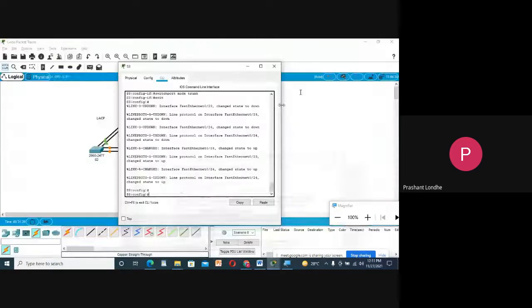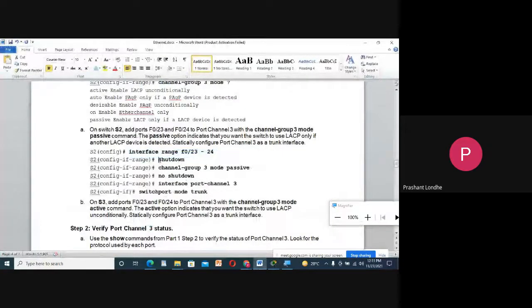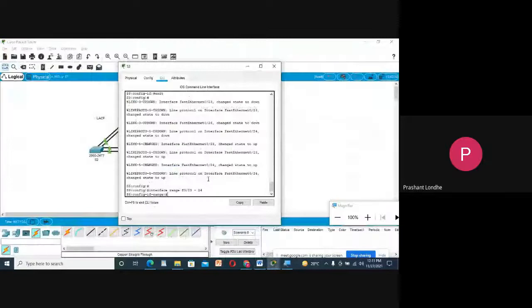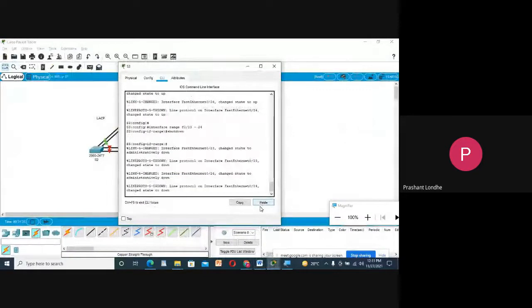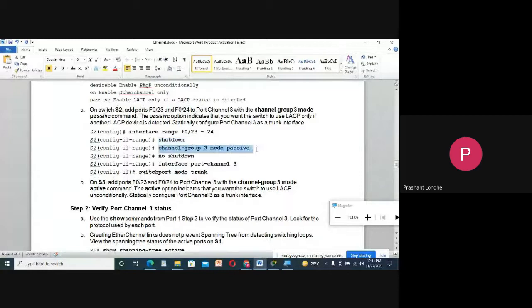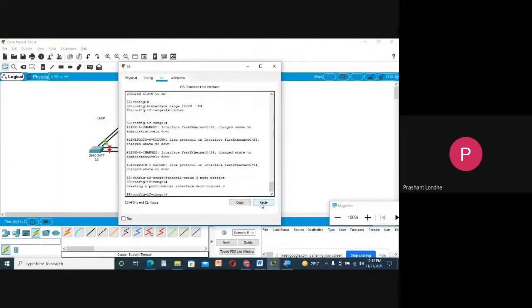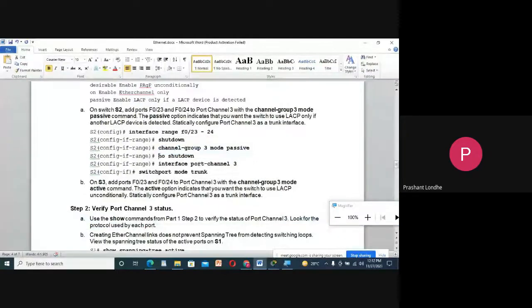Interface F 23, 24. Shutdown. Channel group 3 mode passive. No shutdown.